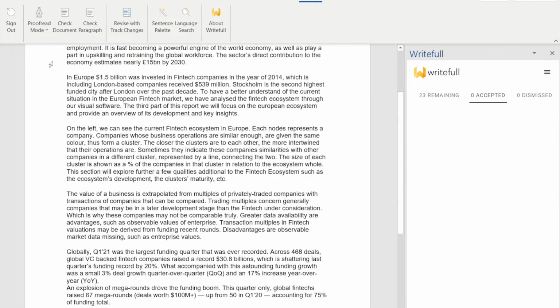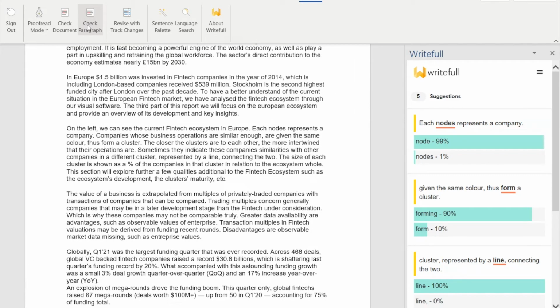In either mode, you can have your whole text checked or just the paragraph you're in, or multiple selected paragraphs. If you don't select any paragraphs and you choose this option, it will check the paragraph you're in. As you can see, proofread doesn't rewrite entire sentences, but gives you edits at the word level. You can check these one by one and click the option you want to go for to have it incorporated